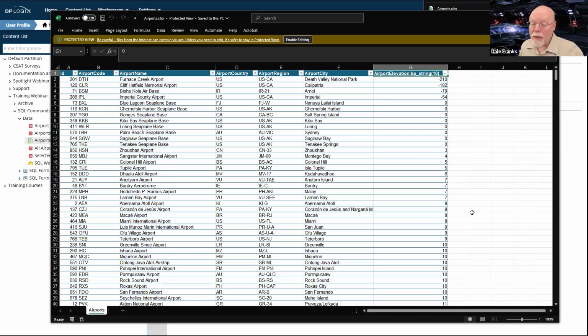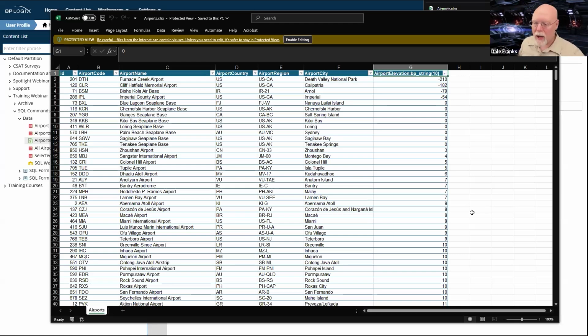But there are other numbers that we are never going to do math on. We're never going to do math on zip codes. We're never going to do math on phone numbers. We're never going to do math on street numbers. They look like numbers and they act like numbers, but we want to treat them as text.